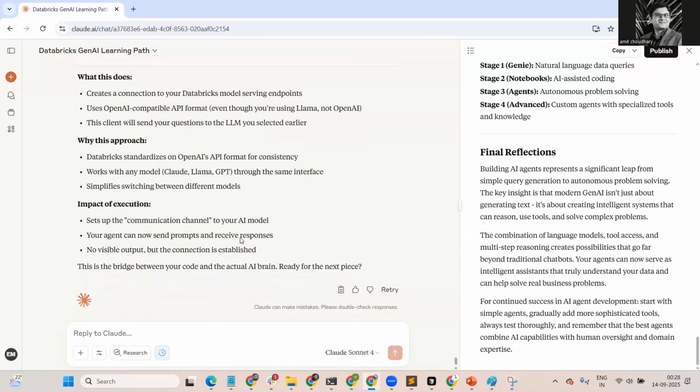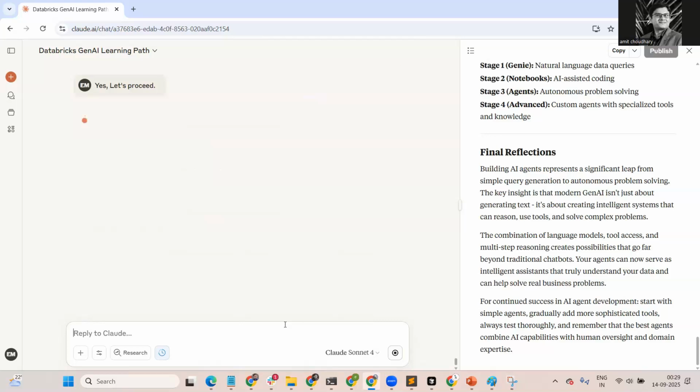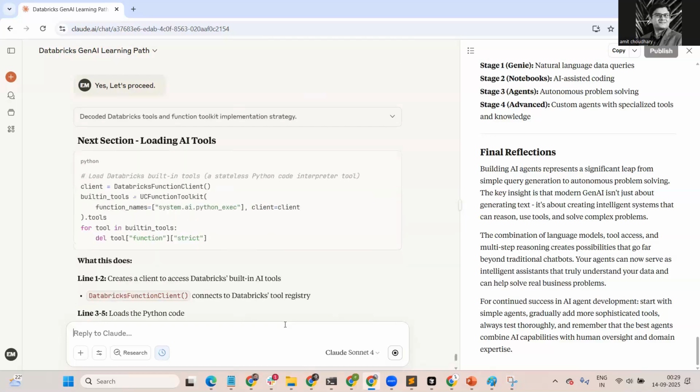And the impact of execution: it sets up the communication channel to your AI model. Your agent can now send prompts and receive responses. No visible output, but the connection is established. This is the bridge between your code and the actual AI brain. Ready for the next piece? Yes, let's proceed. Okay, so the next piece of code is